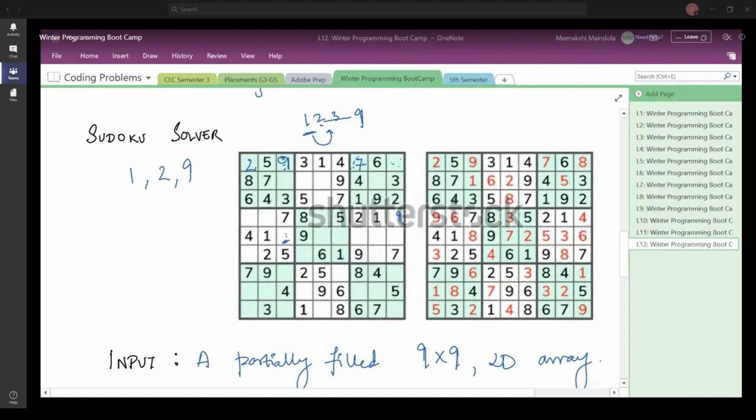So I fill 9 here, and then again I move ahead and check. Again, you go ahead and check at the next position if it is now working for you to fill the digit or not. ऐसे करके you keep on doing this.